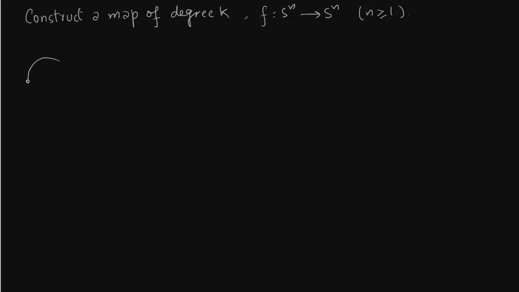So we want to construct a map of any degree k. We will come up with an algorithm which will help us construct such a map. Obviously the map f is from Sn to Sn, and this n has to be greater than or equal to 1. So other than S0, any n is fine. How do we do it? I will draw it for n equals 2 and k equals 3, but the procedure is really clear. You start with the sphere and you take